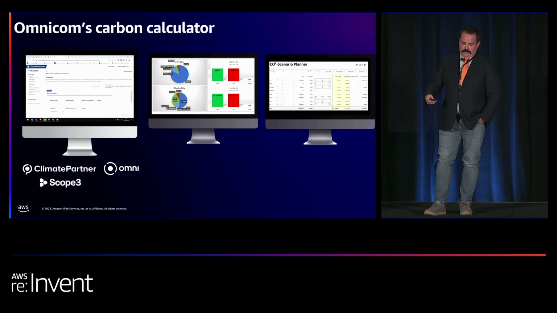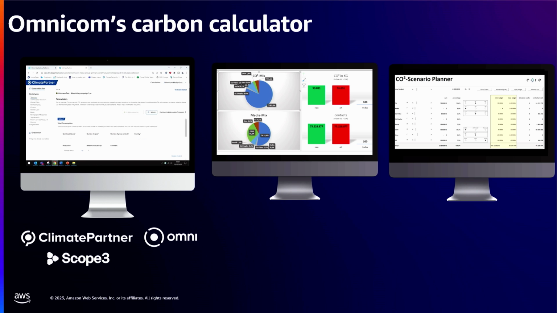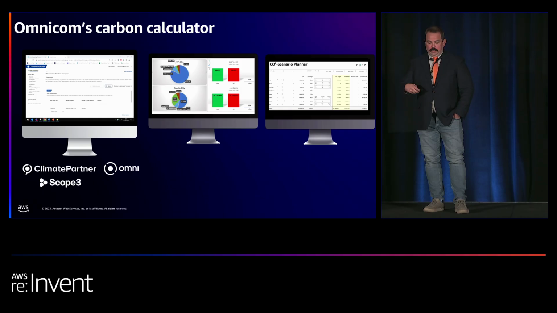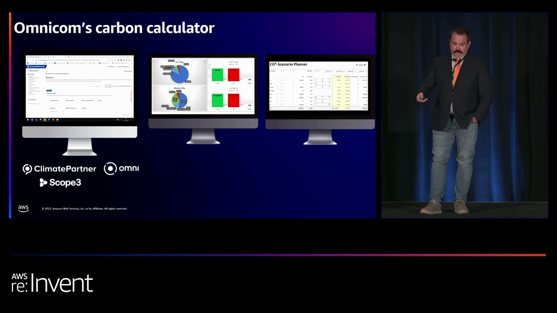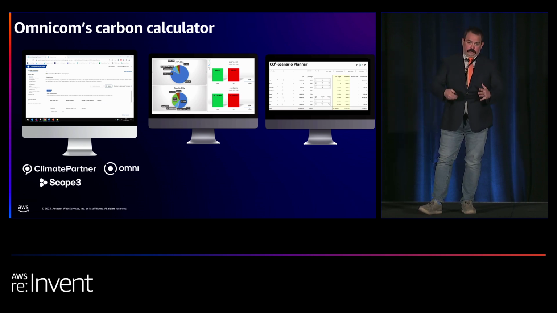So the first thing we did was try to tackle this from the point of view of our ad tech. From the ad tech side of things, we joined with organizations such as Climate Partner, Scope 3, and others to create things like our carbon emissions scenario planner, which we integrated into Omni, our main platform. A scenario planner that enables planners to optimize plans for lower emissions while also considering clients' budgets and performances. It allows teams to compare a previous planned media plan with a sustainable optimized media plan and recommend a media mix shift in favor of sustainability. So that's how we tried to reduce emissions and control for costs from an ad